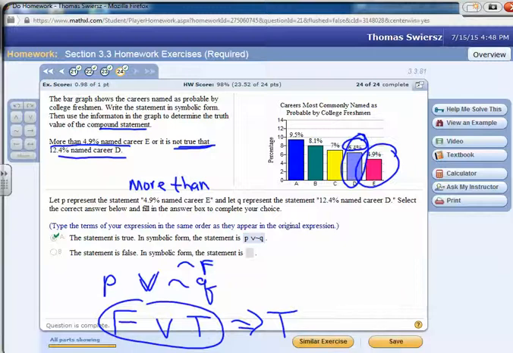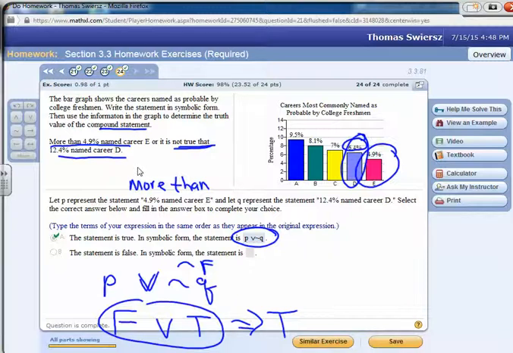Okay, so here we go. So the correct answer is, in symbolic form, P or not Q. And when we substitute in the values, P is false, and Q is false, so the negation of a false statement would make it true. So we get false or true, and then the entire disjunction is true.